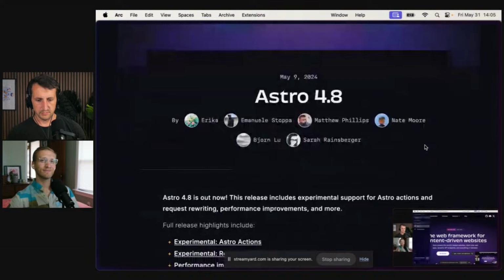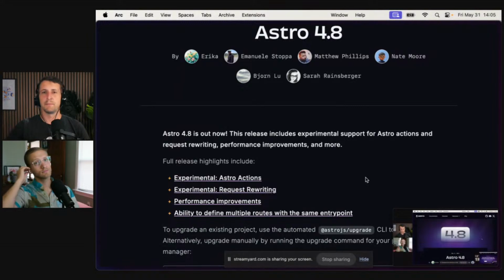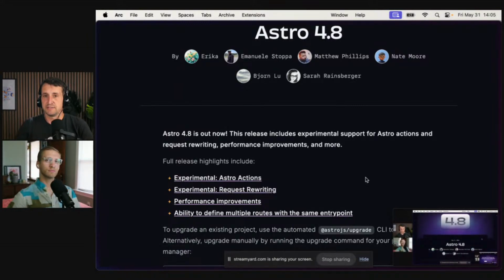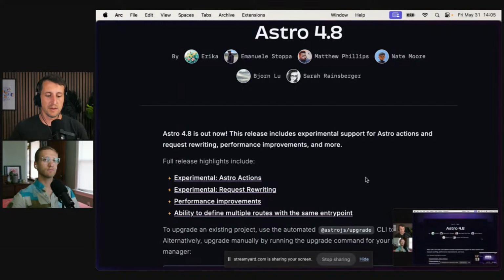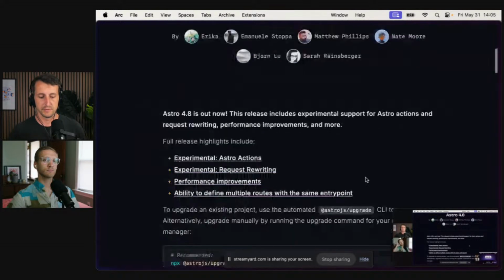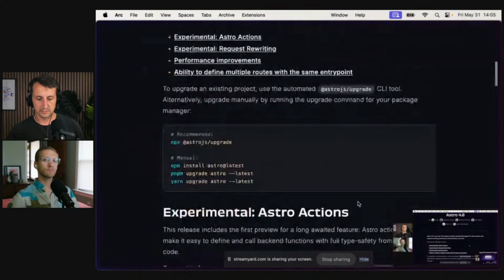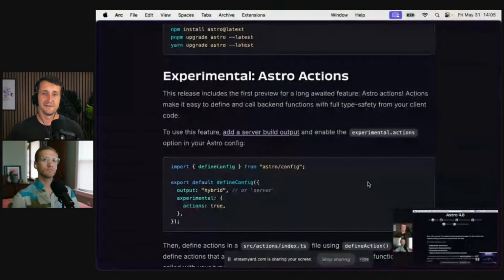Okay, so you sent me this post. Admittedly, I only gave it a quick look. I conceptualize actions to be what people are talking about with actions these days: let's take an action, let's respond in some way to some kind of interaction. So I made some assumptions about what Astro Actions truly means, and maybe it is that sort of interactivity side of things or handling submissions in some way, but I don't know. Maybe we'll just dive in and find out if that is exactly what this is going to solve for here.